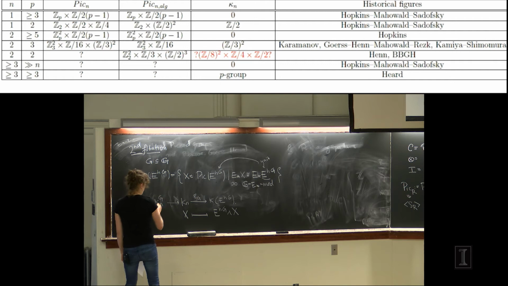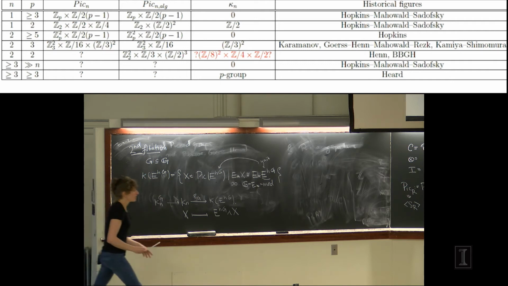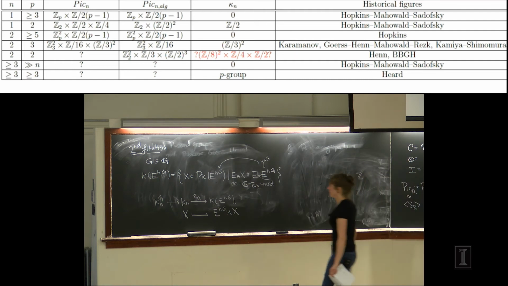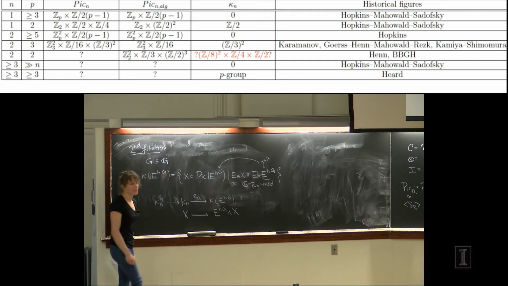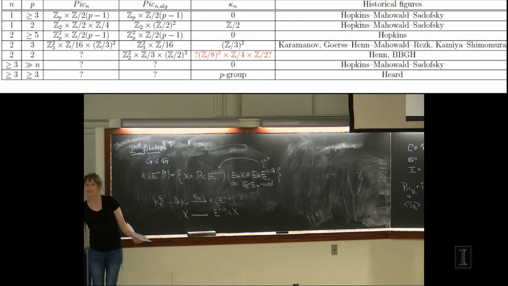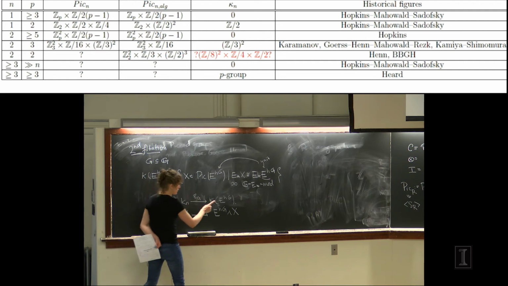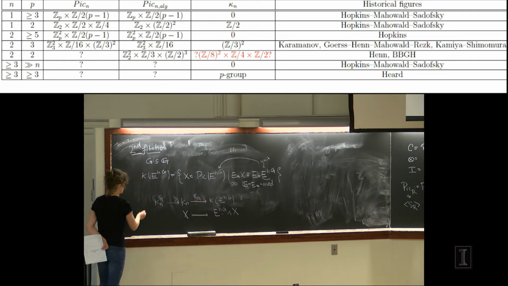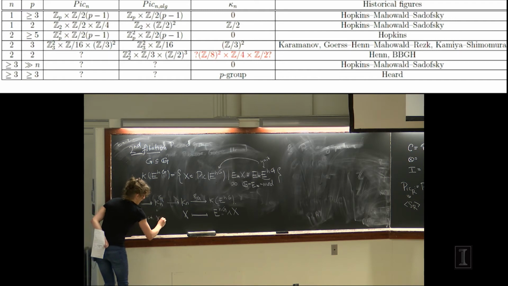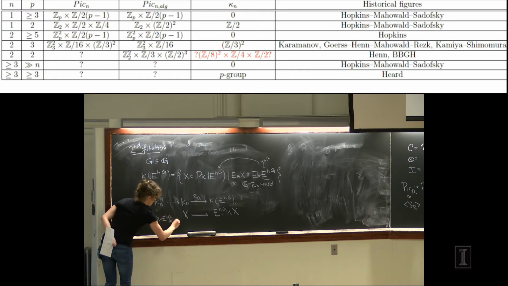Okay, and I'm really sorry. I'm going to call it kappa upper G. I also thought about calling it kappa with a color and scratching the G off because it takes me forever to remember, like, does it know about it or does it not? Okay, so this is the stuff that EHG does not see. Okay, so that's the stuff that when you smash with EHG, you get EHG back. Okay, so these are the x such that x smash EHG is EHG, okay?